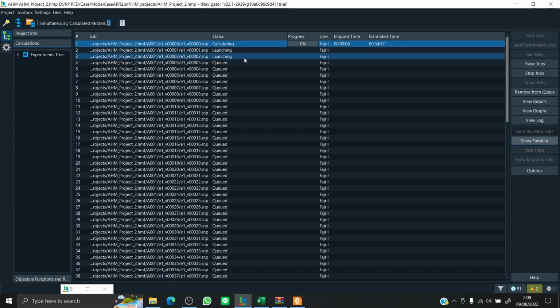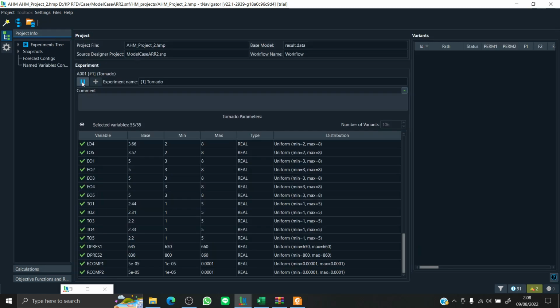Okay, so you can see here the simulator is running 3 simulations at the same time, but I'm just gonna stop the simulation right away and just show you the results before my computer crashes. So I think it's already stopped.